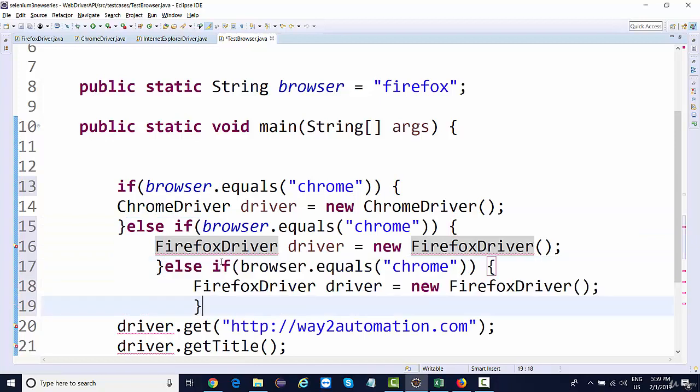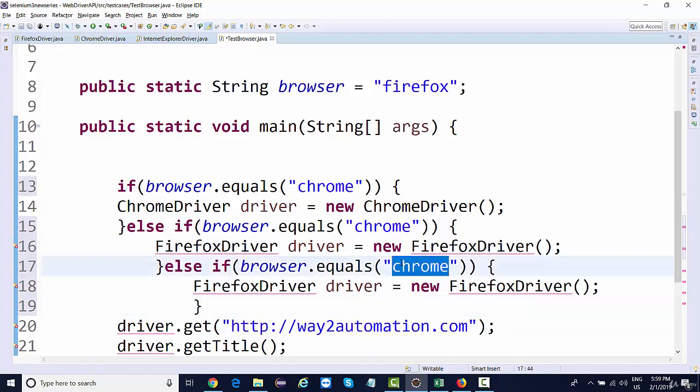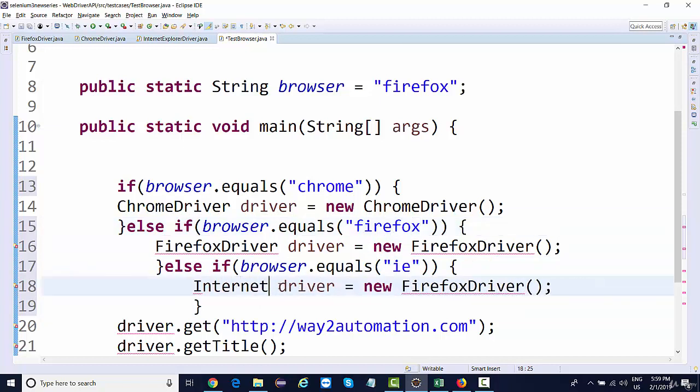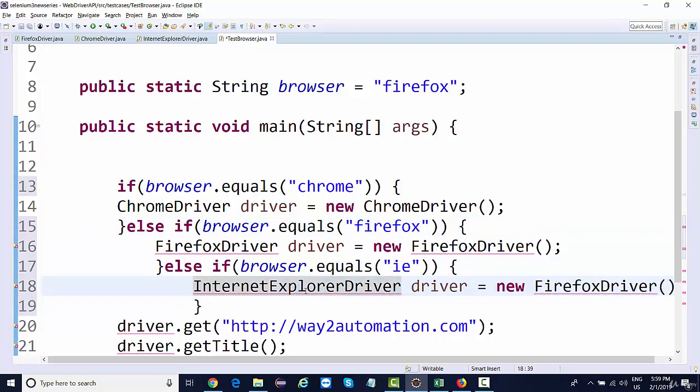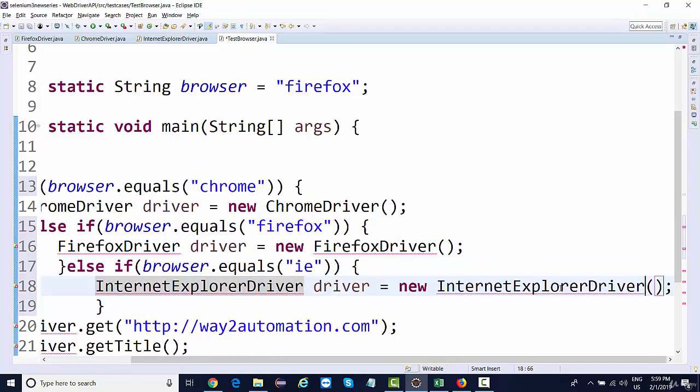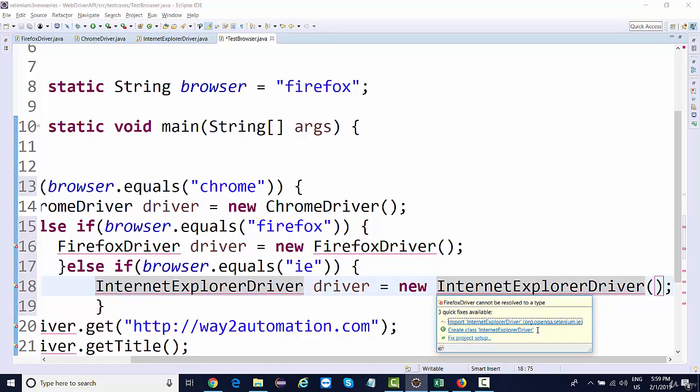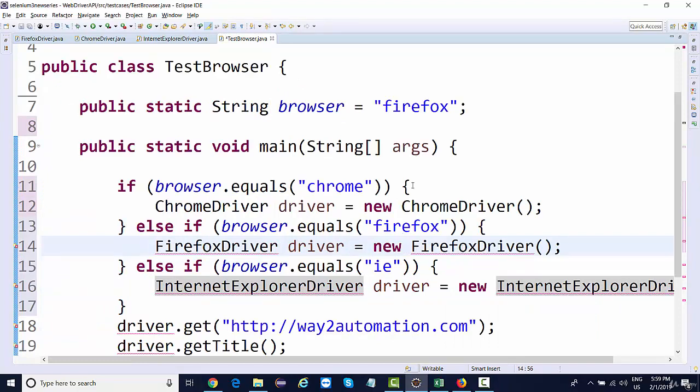You should be able to understand why we are actually doing it. If this is IE, and this should be Internet Explorer driver equal to new Internet Explorer driver. Control Shift F will align everything properly, and import it.